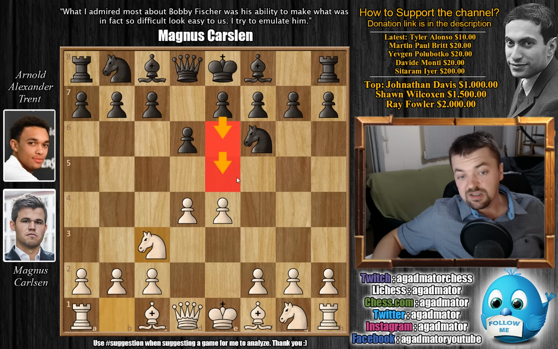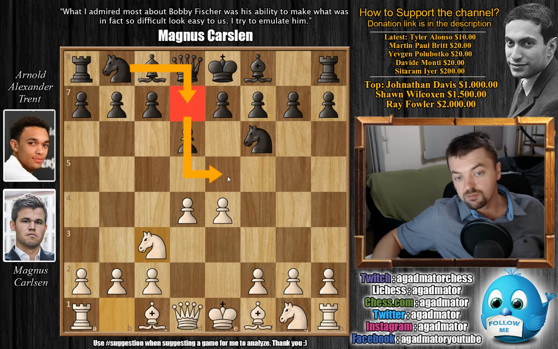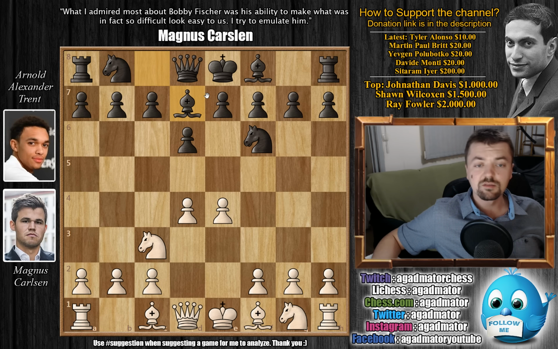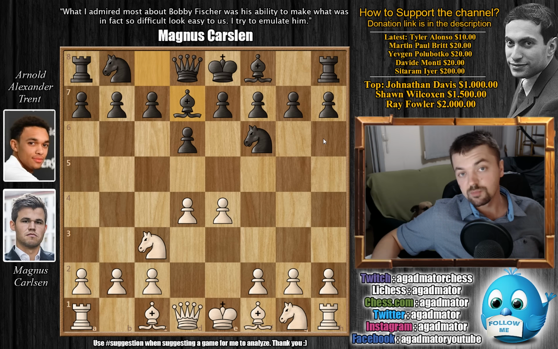He can go e6, e5, h6, he can go knight bd7 to give more protection to the e5 square, but for some reason bishop to d7 was played here. Now, I don't think this is a move anyone who plays chess would make, as it's really a weird move. So I think that, if anything, the software that was supposed to help Trent was actually responsible for a move like this. But okay, it's not the end of the world.